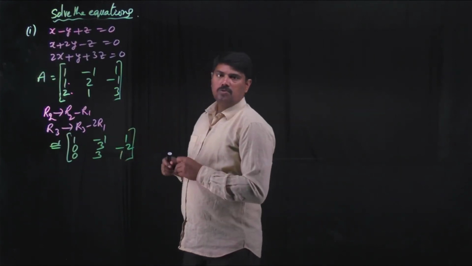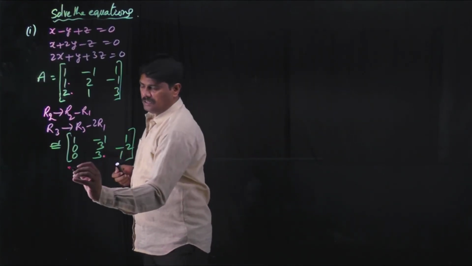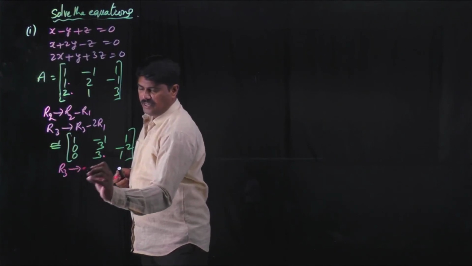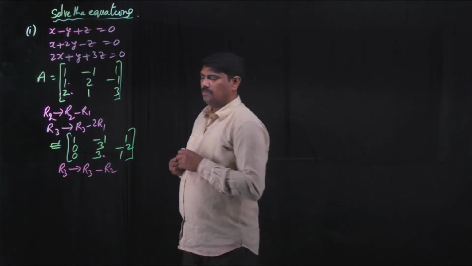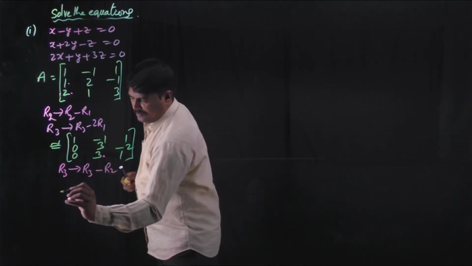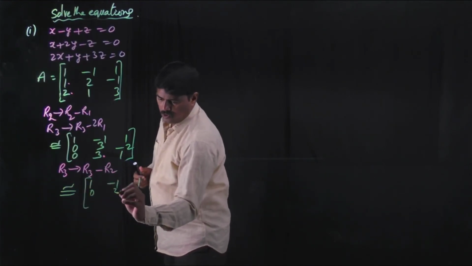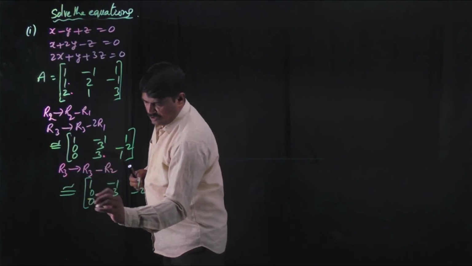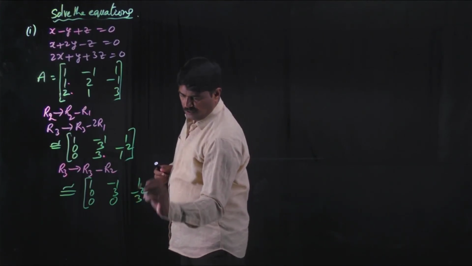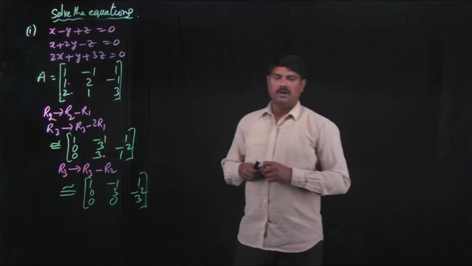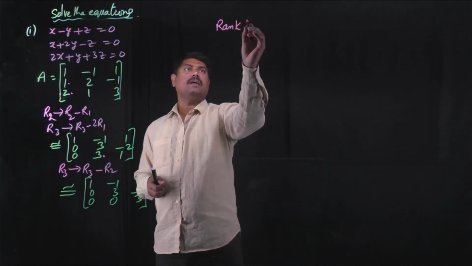You have to make 0 in the next step at the third row second element. So you have to change R3 again by R3 minus R2. You can get that 0 by doing that operation. R1 remains the same, R2 remains the same, 0 minus 0 is 0, 3 minus 3 is 0, 1 minus of minus 2 plus 2 that is 3. So that is the echelon form of the coefficient matrix A. So clearly you can decide the rank there: rank of A is 3.